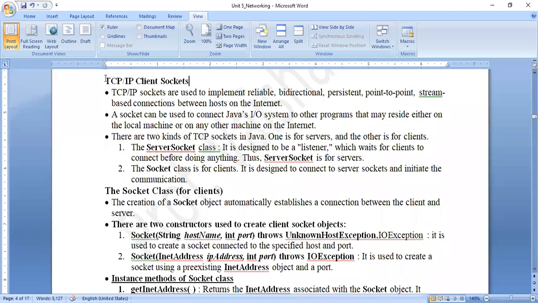So today we are going to learn connection oriented communication through sockets, and hence it is governed by the protocol called TCP/IP. Now TCP/IP sockets are used to implement reliable bidirectional persistent point-to-point stream-based connection between the hosts on the internet.